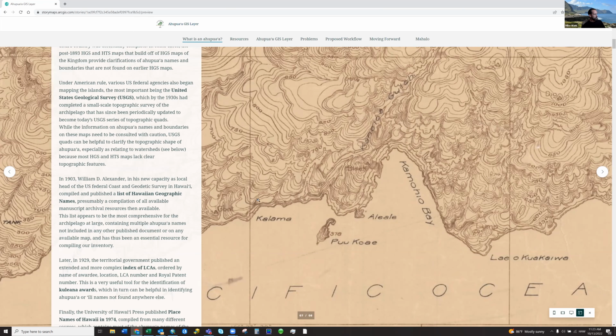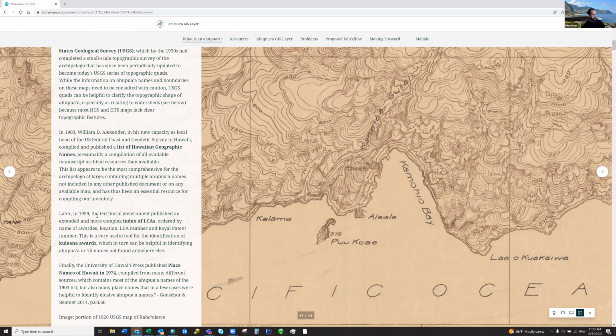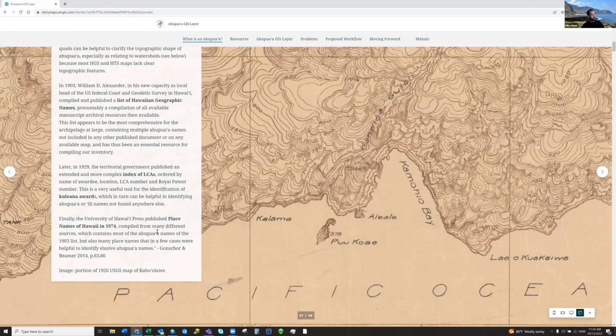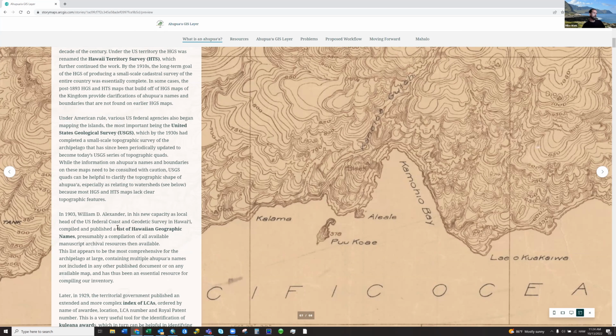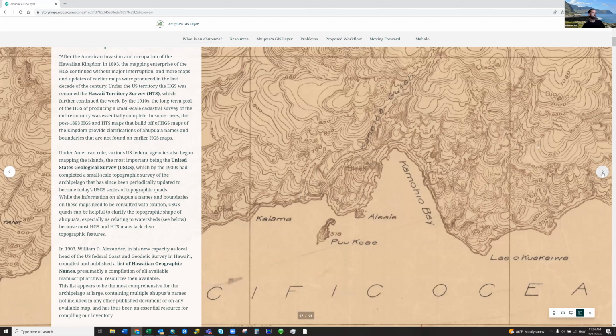In 1903, there was William Alexander, W.D. Alexander, one of the surveyors. He compiled and published a list of Hawaiian geographic names. Later in 1929, the territorial government did a more complete, I don't think that this is complex, but I think it means complete index of LCAs and Kuleana awards. And then in 1974, the Place Names of Hawaii book by Pukui was published. And so these are all resources that we can use to help us identify Ili and Ahupuaʻa